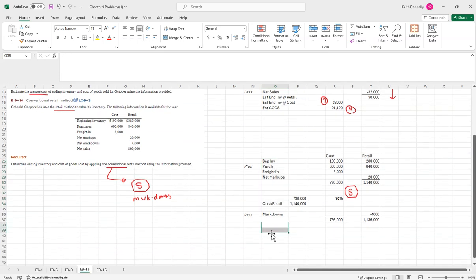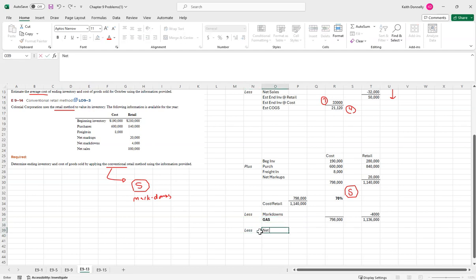Continuing with that kind of setup, this guy right here is going to be our goods available for sale. We got there the same way, the same end result, but there was a stop sign in between. Then once we have that goods available for sale, we can back out, let me move that over there,